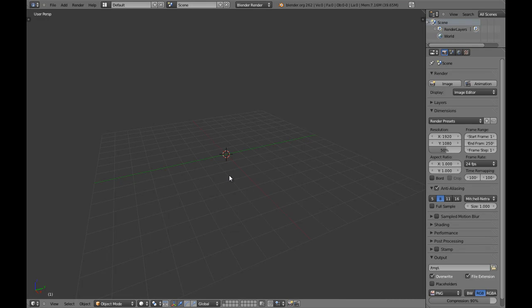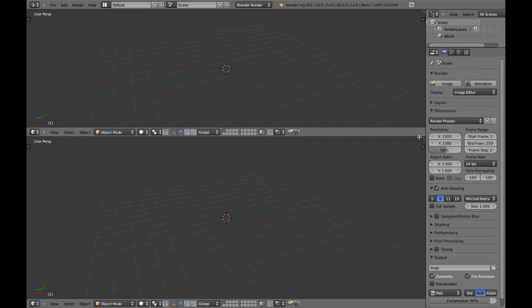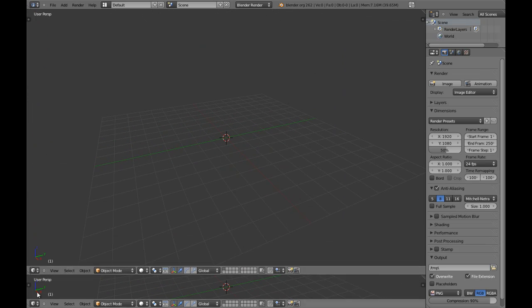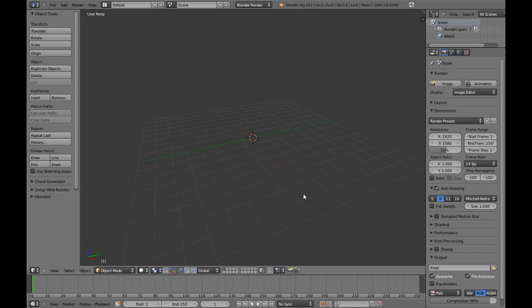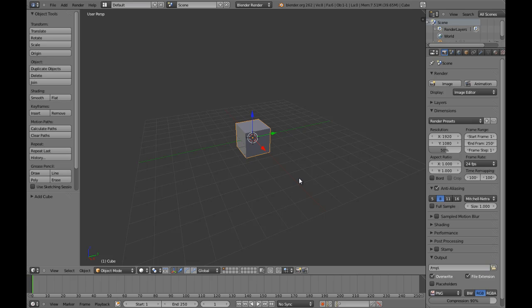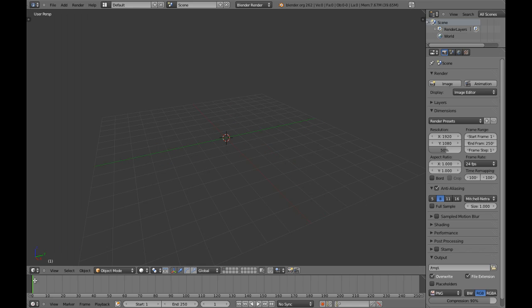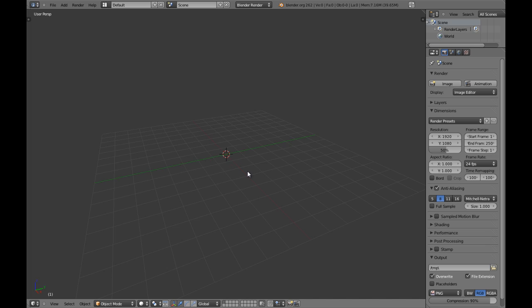Okay, let's start. You will notice that my user interface is a little different than the default you will have when you download Blender. By default, you will get a Blender that is looking like this, but with a sun or a lamp and with a camera. But yeah, I just modified a few things here, and it's not a big deal. Okay, I will add a cube,